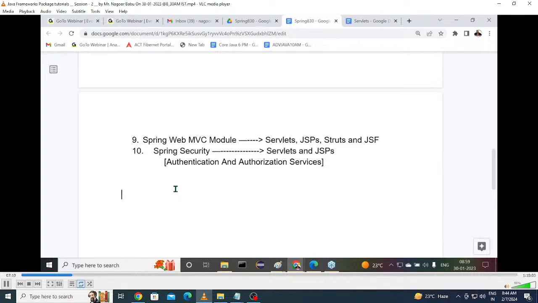But very good demand is going on for Spring Boot and microservices. I have to accept that. Because of that, first we have to understand the complete Spring framework. Why? Because I know your status clearly. Almost all of you completed core Java. Next, advanced Java, we completed JDBC. So let's start. Okay, that is your status now.